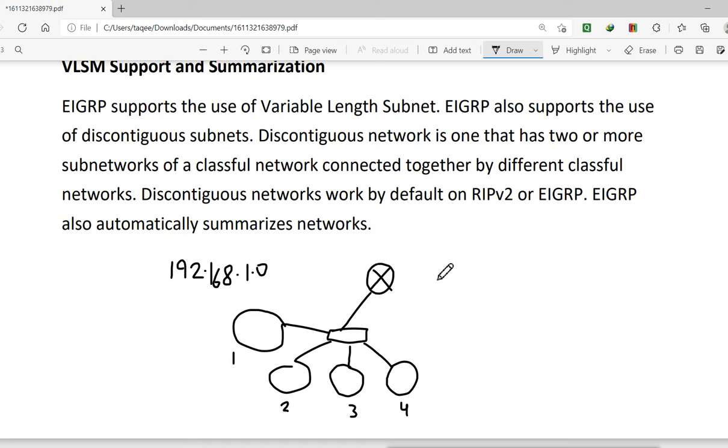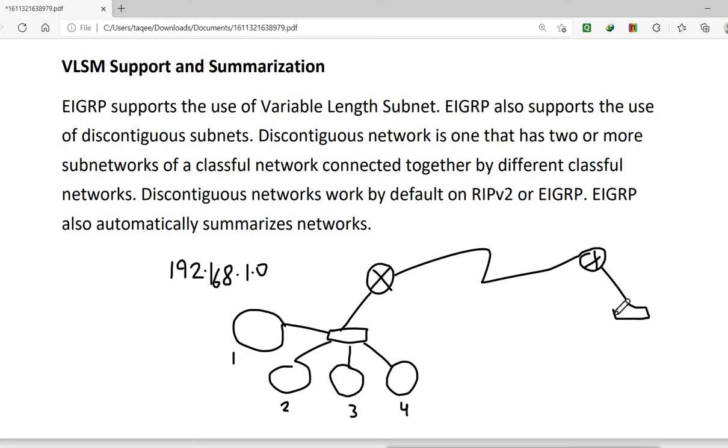Then the other 4 subnets we put on the other side of the network. This is our one side, and on the other side we put the other 4 subnets.